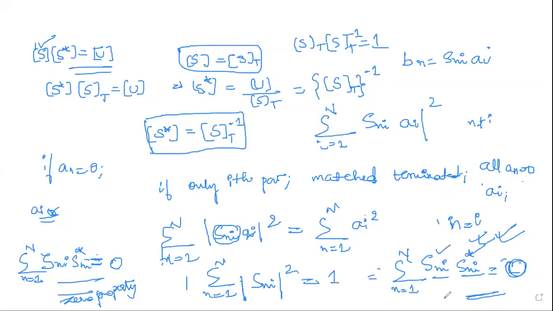If your n is not equal to i, that means it will go to 0. So the equation here states that if you have n equal to i, this is nothing but the product of any column of the S matrix with the complex conjugate of the column, which will give you unity. Or it states that the product of any column of S with respect to its complex conjugate, that is S star, is also equal to 1 if it satisfies the unitary property, or else it will be 0.